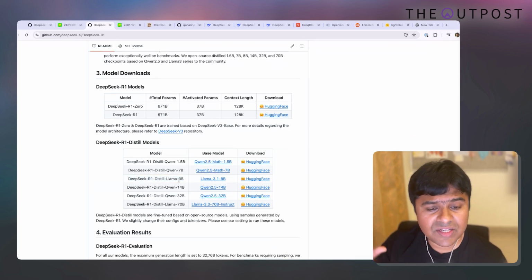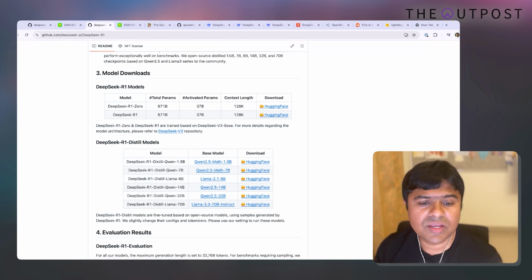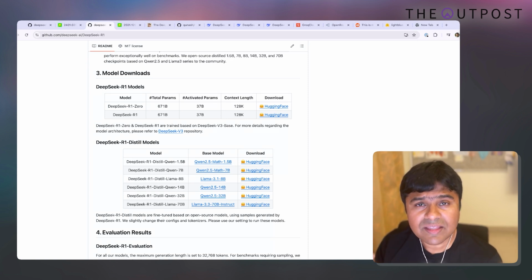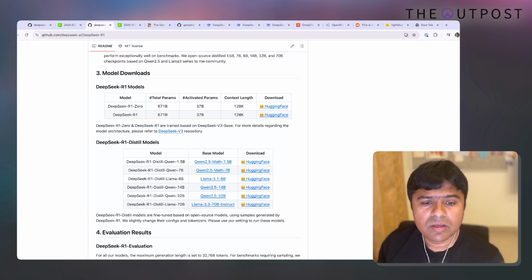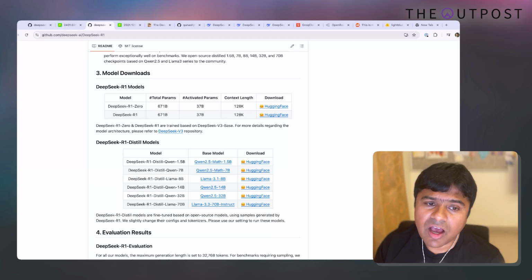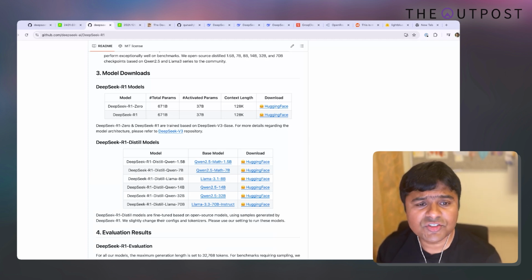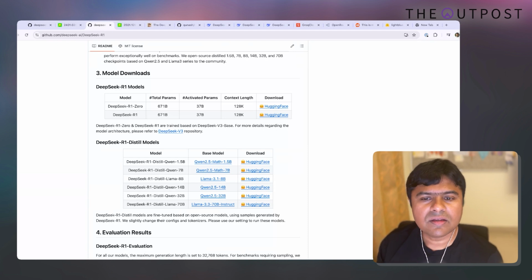They've taken Llama 8 billion parameters, which is already open source, and fine-tuned it to have output very similar to R1. So essentially, R1 becomes the parent model, which is training the child distilled Llama model.